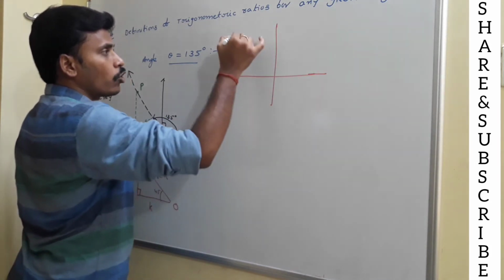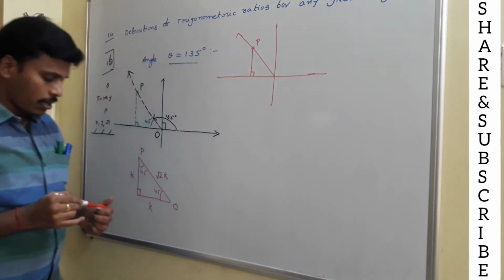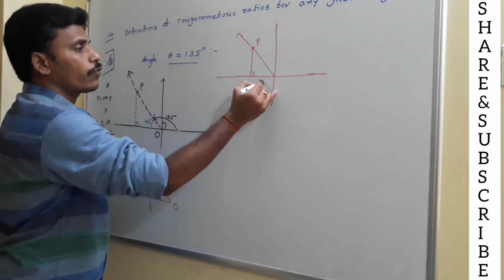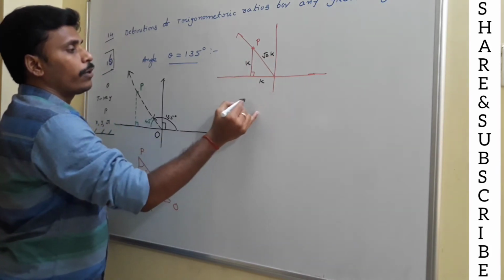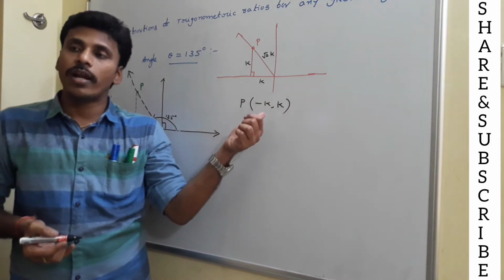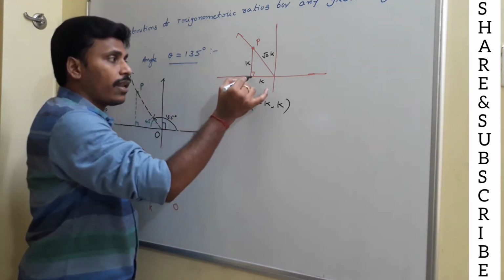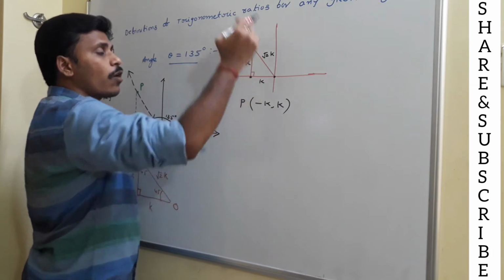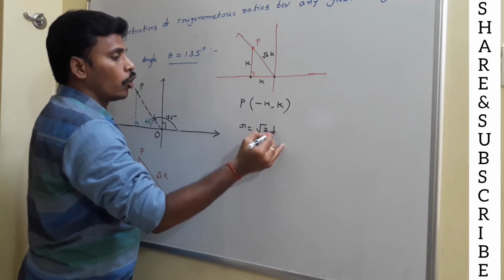So this is the terminal ray. And somewhere we have the point P. And you draw a perpendicular like this. And now, the lengths opposite to 45 degrees are K and K. So this is K and this is K and this is root 2K. Then what do you say about the point P? The point P is minus K comma K. Why do we indicate that X coordinate as minus? Because the movement is on the left hand side, right? The length is K, but the coordinate is minus K. This length is K and the coordinate is plus K because it is in the positive direction of the Y axis. And the value of R is nothing but root 2K.